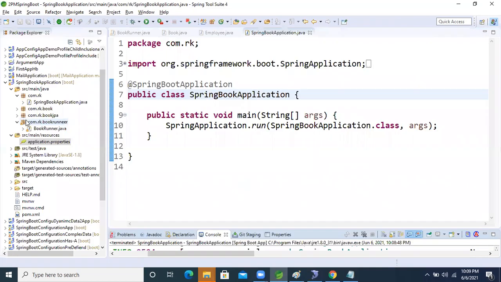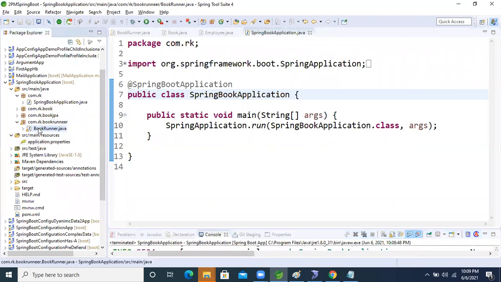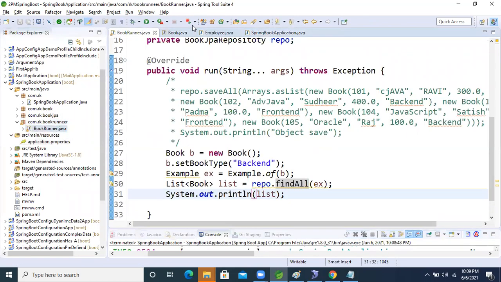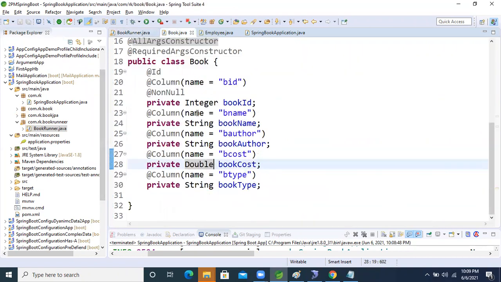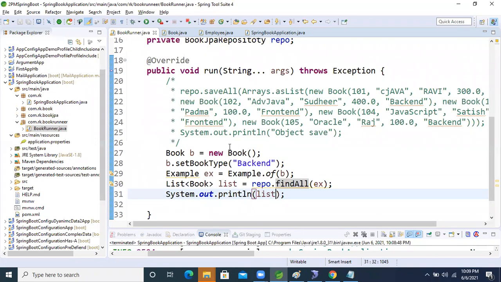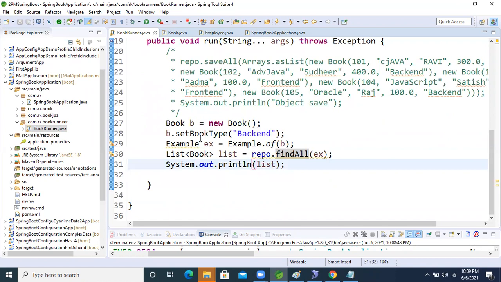Actually, I came to that by experience. So for the domain class, it should be wrapper only.